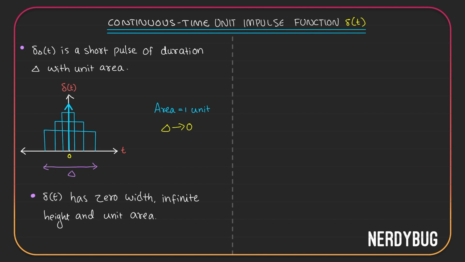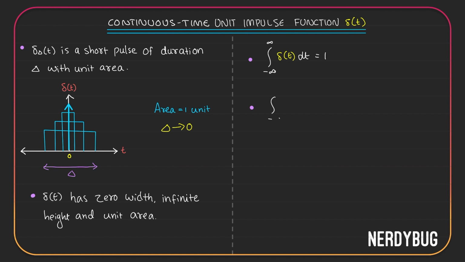The unit in unit impulse function comes from there. Its area is unit. Now consider you have a graph and you want to find out the area under the graph. What do you do? You integrate. So over here, if I want the area under the graph, all I have to do is integral from minus infinity to infinity delta of t dt. This should give me the area under the graph. But we already know the area under the graph, it is 1. So this is going to be 1.